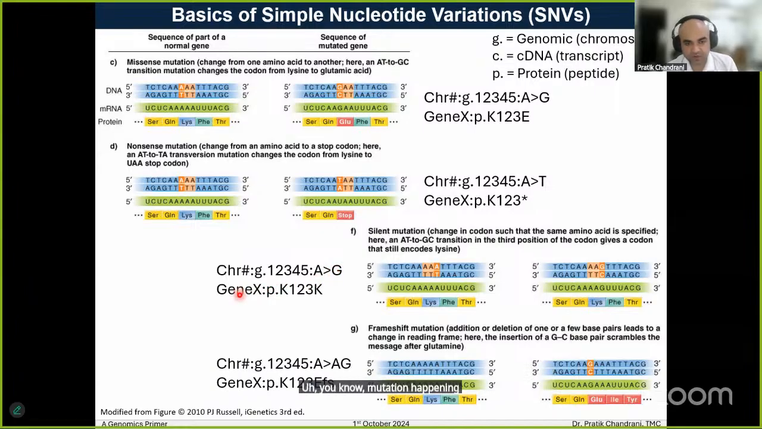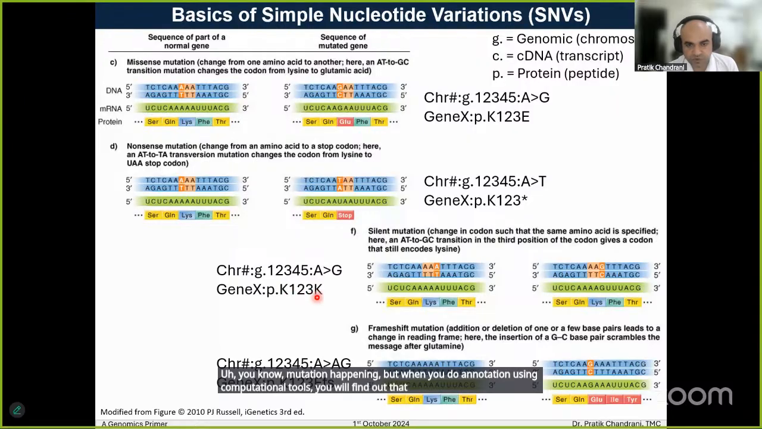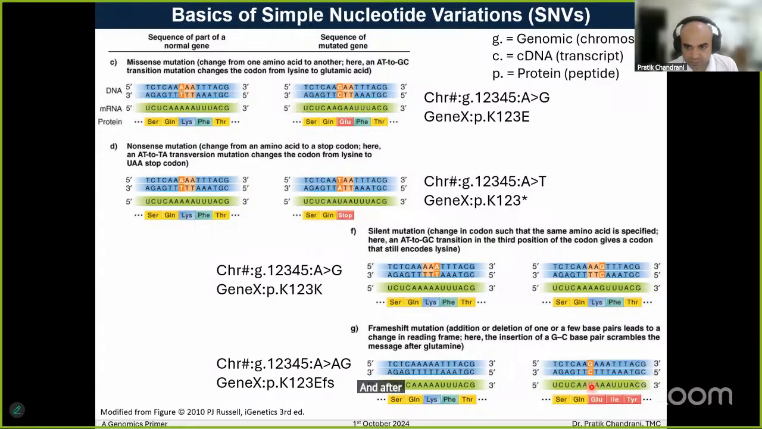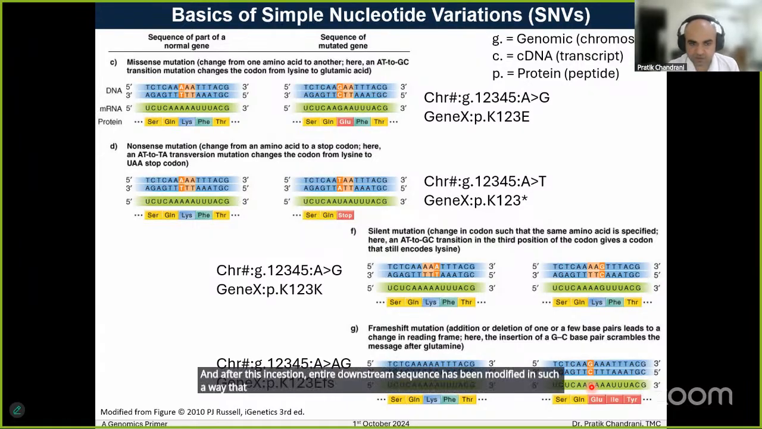But when you do annotation using computational tools, you will find out that this is coding the same codon. So at protein level, there is no alteration. If you have, say, frame shift alteration, where a particular nucleotide has been inserted, and after this insertion the entire downstream sequence has been modified in such a way that this is resulting into